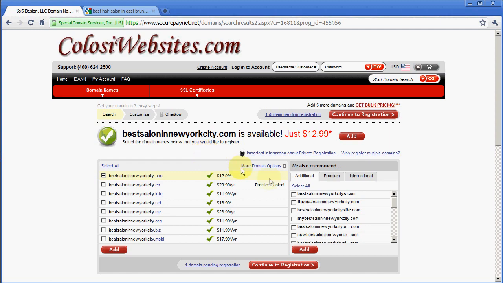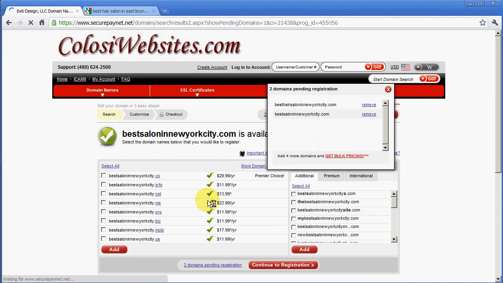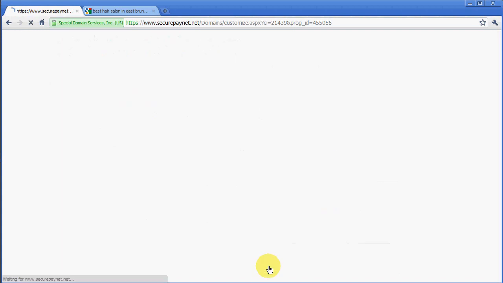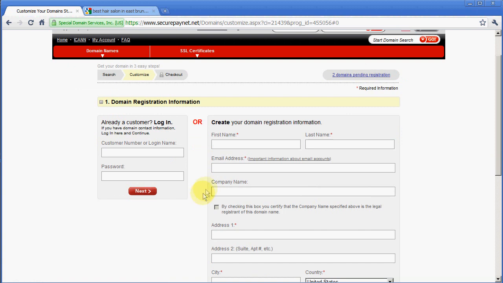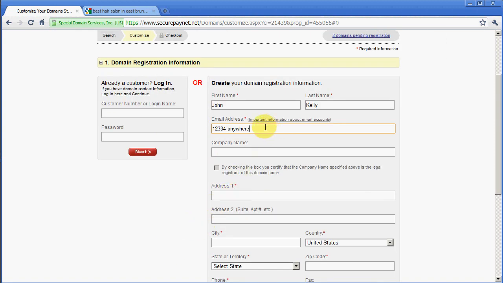Well, here's what we simply need to do. We're going to add it. Okay, and that goes onto our shopping cart for our domain name, and we're going to continue to register. Okay, now chances are you don't already have a username or password unless you've already bought a domain through this store. So plain and simply, all we have to do is go in, fill this out real quick, and we'll just do the required fields here. It needs an email address, so John at